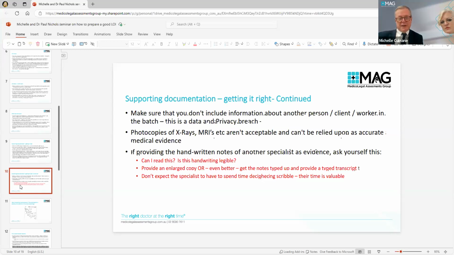Nearly everything's digital now. The problem with digital is that you have to be an IT expert to have it labelled and dated properly. I get so many really good x-rays, but there's no name or date. And I'm supposed to work out from the records when it might have been taken. So if you get any of that, send them back and say, I'm sorry,